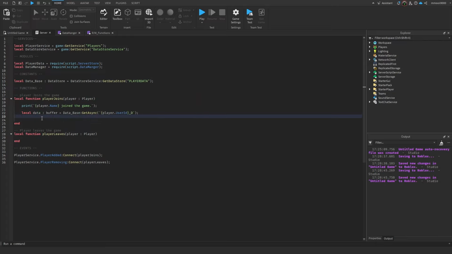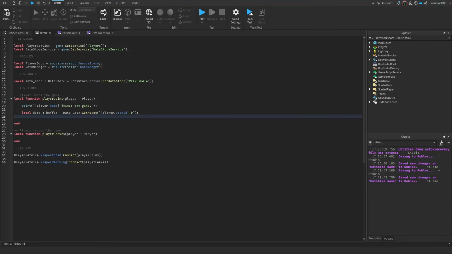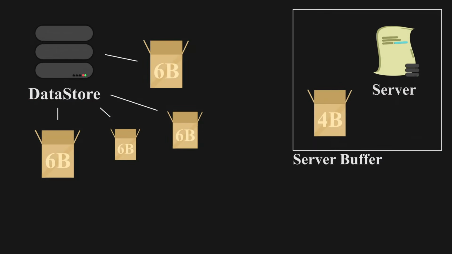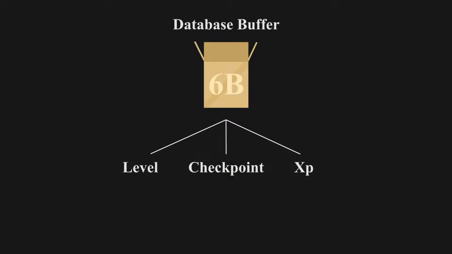So another thing we need to save and retrieve in the player joins function is a data map. I'm going to show you here an example of why we need the player map. We're going to go back to our example of when we updated our game with a new attribute. Now, what if this new update included us removing an attribute? If we remove an attribute in this new update, all of the buffers inside the data store at the moment are going to have different lengths and sizes to the new data buffer that has an item deleted inside of it. Now, we have to find a way of checking whether or not we should keep the old data